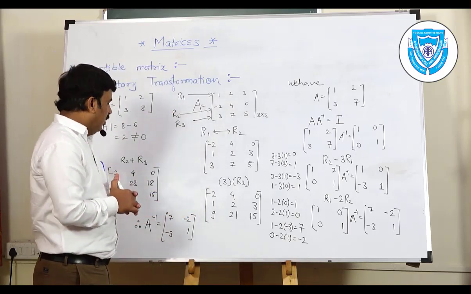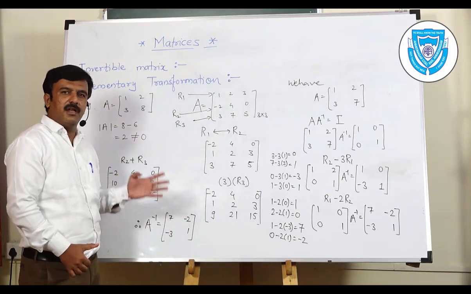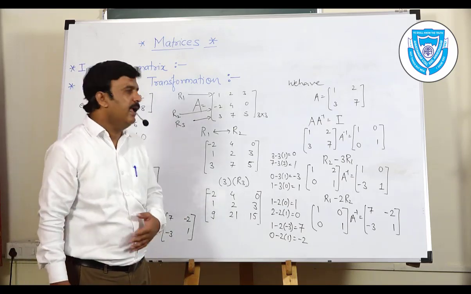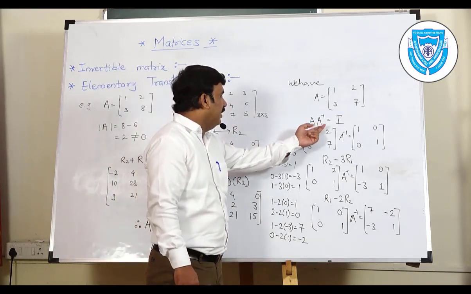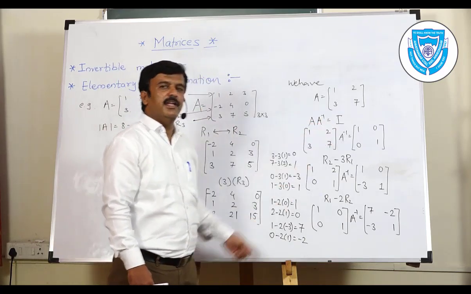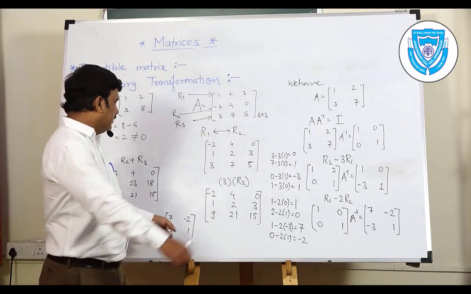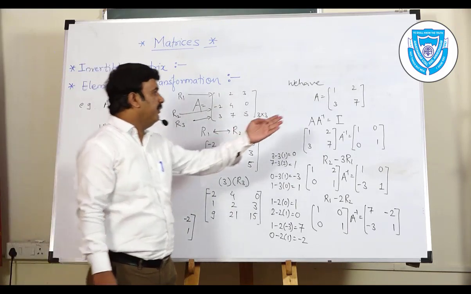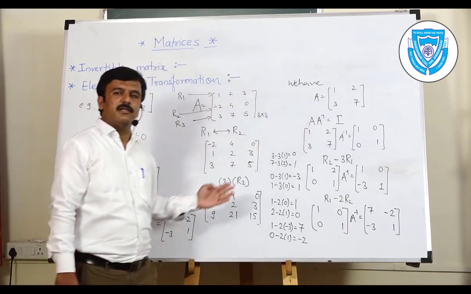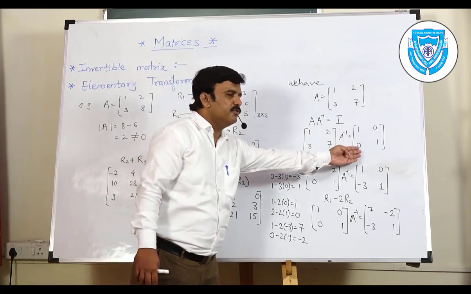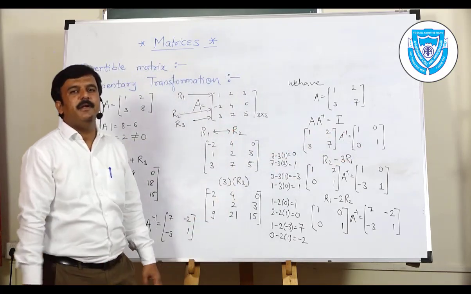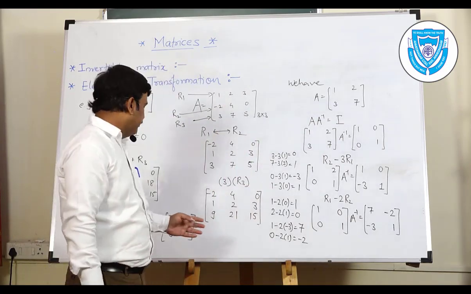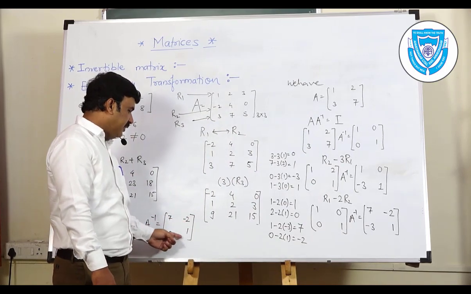Now the question is, how to verify whether our answer is correct or not? It's very simple. As you know the definition of inverse matrix, A and A inverse gives us I. Just multiply these two matrices, A and A inverse, and check whether their value is I or not. The product of these two should be I, that is 1, 0, 0, 1. If their product is capital I, it means that we are through. It means that our answer is correct. The inverse of the given matrix is 7, minus 2, minus 3 and 1.